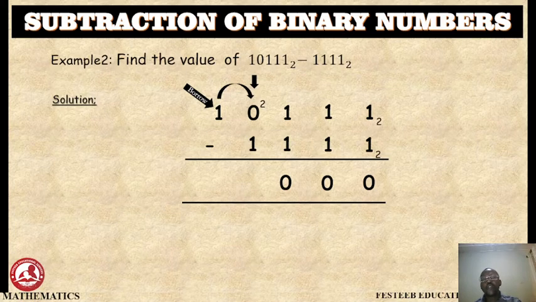So where you borrow from, what will be left there? There will be nothing. So you can replace that place with 0. And then you move on by saying 2 minus 1, and that is 1. So you move on